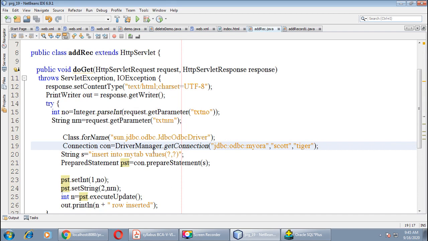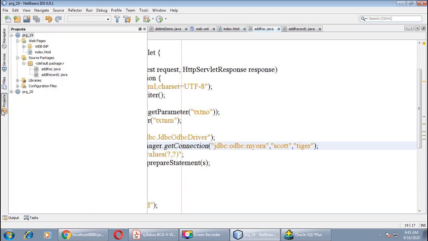Now this is all about the connection with Oracle. In the next session, we are going to do the connection with Access database, right? And we'll do the same procedure. First of all, we will create one DSN, then we'll create the database in Access, and in the third step we will provide the name of the driver, okay, and we will insert a record as well as delete a record from the database.